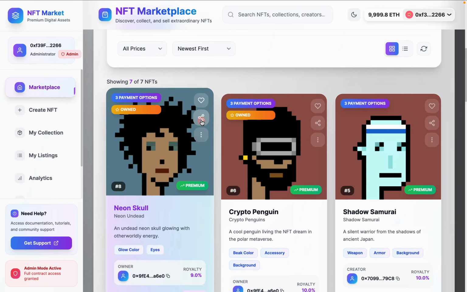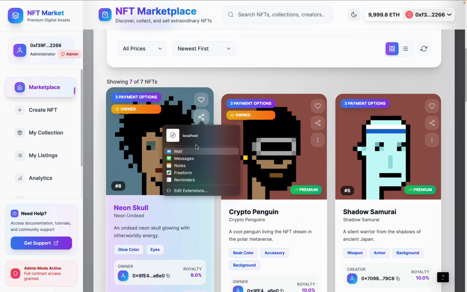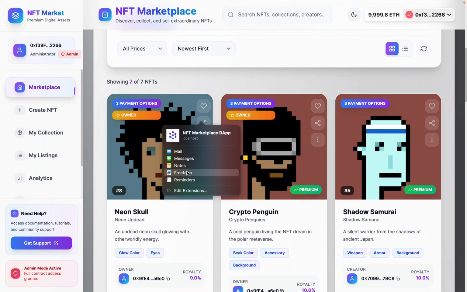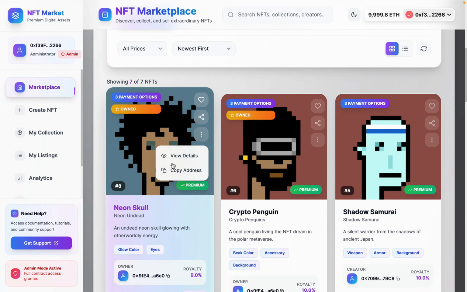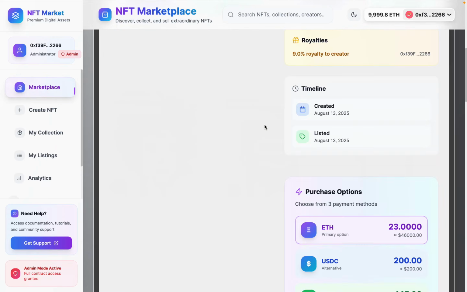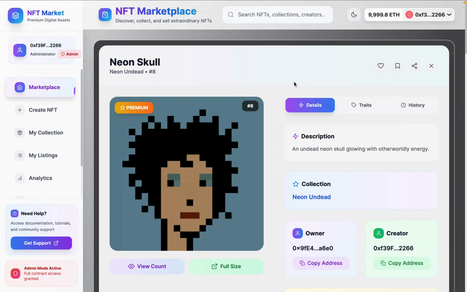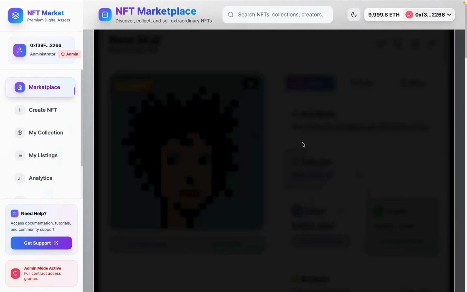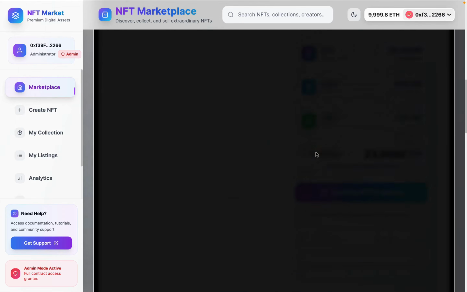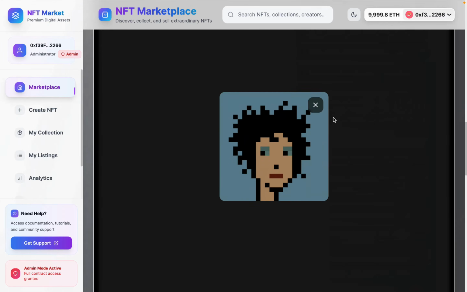So if you want to share, you can simply click here and you will have your internal modal. You can simply share it in the email or messages. If you want to get the details, you can simply click here. You can copy the address, or you can simply click on view details, and it's going to give you this pop-up modal where you are able to explore the complete details about the NFT. So you can simply have a full screen image where you are able to see how the image is going to look. We have a beautiful